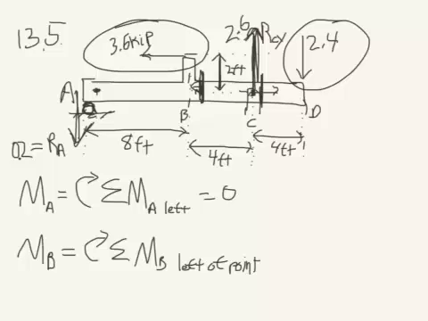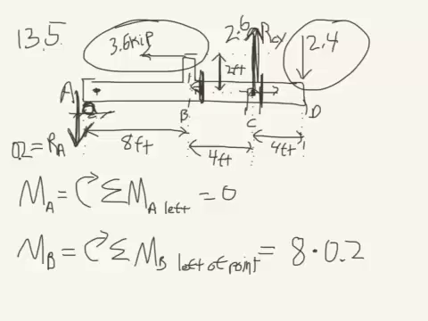So again, we're going to sum up all the moments to the left of the point, just infinitesimally to the right of point B. Infinitesimally to the right, meaning that if there's 8 feet from A to B, we can assume there's 8 feet from A to the point to the right of B. And we're going to use that 8 because that's the distance from this force at point A to that point,